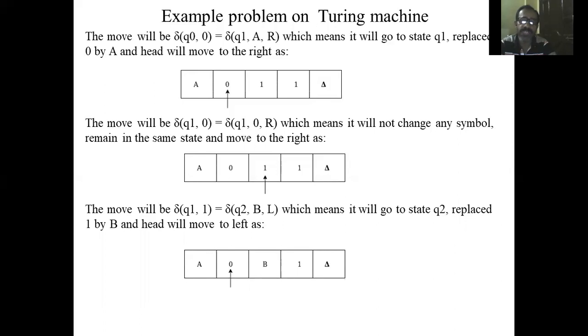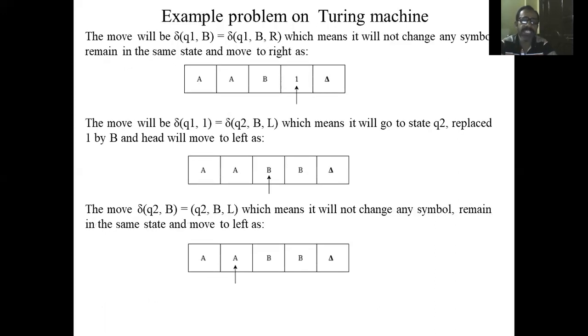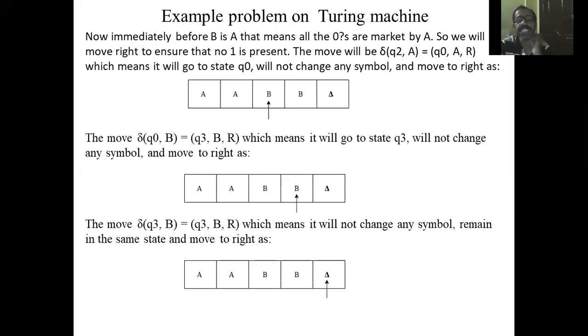Now Q2 is used for skipping all ones, B's and zeros until reaching the first A from the right, and again we need to initialize Q naught. So Q naught is used for replacing 0 with A. Like that, we have a specific purpose for Q naught, Q1, Q2. Whenever any other symbol is experienced by the machine, immediately change the state. Here, Q naught experienced B, so immediately change the state from Q naught to Q3.